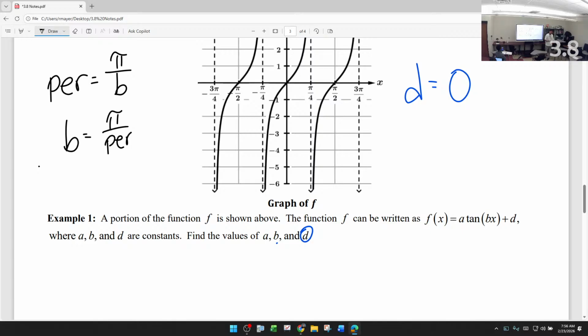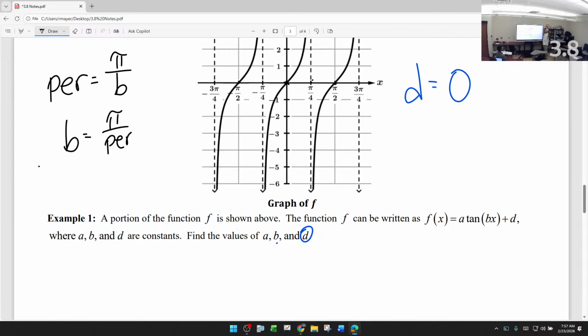So I'm looking for the B value, and the period, let's see, this goes from 0 to pi over 4. Normally the asymptote's supposed to be at pi over 2. This one's pi over 4. So when I get to pi over 2, let me rephrase that. The asymptote's supposed to be,